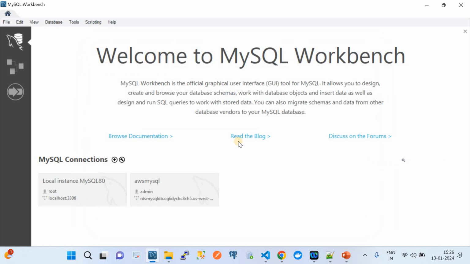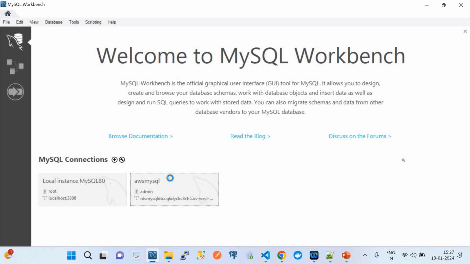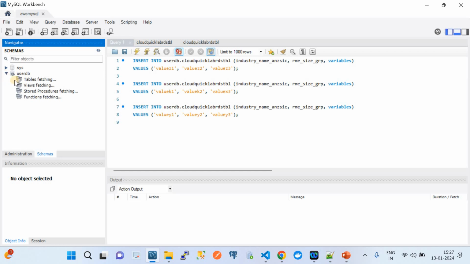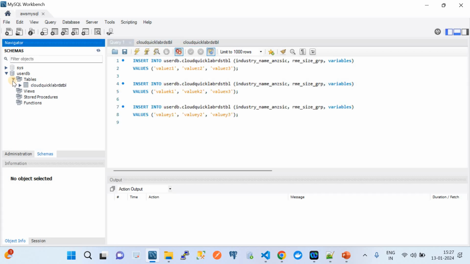It will look something like this. So this is MySQL, the connections, and from here I was able to access my database. In this database instance, I have created a database called UserDB. In that UserDB, I have a table called cloudquicklabs RDS table 1. Basically I created this table. If I can expand this one,